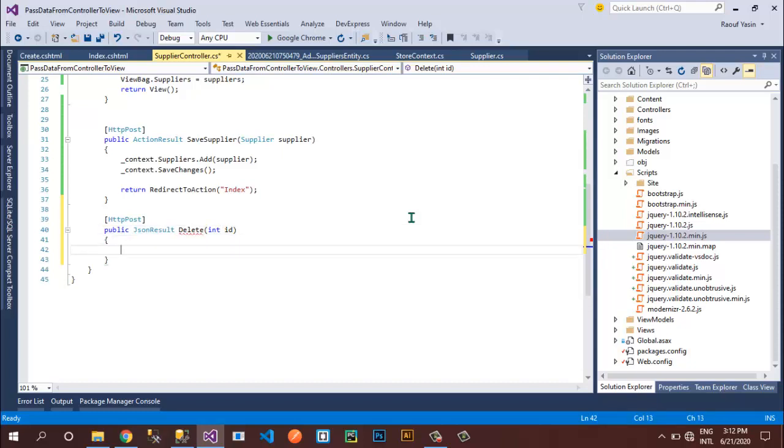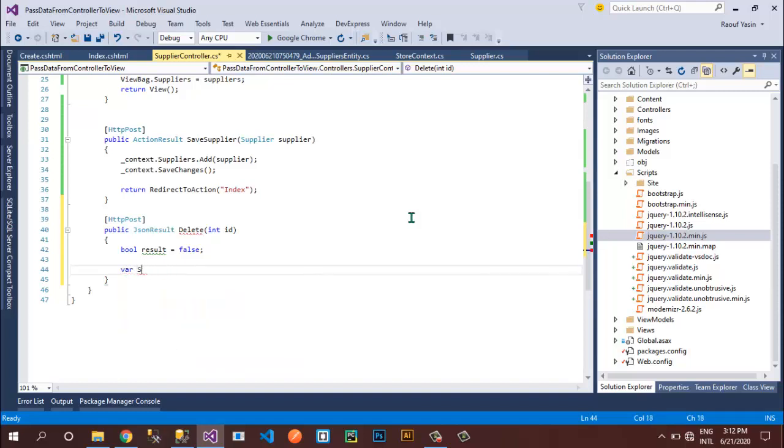Now I will create a variable result equals to false,